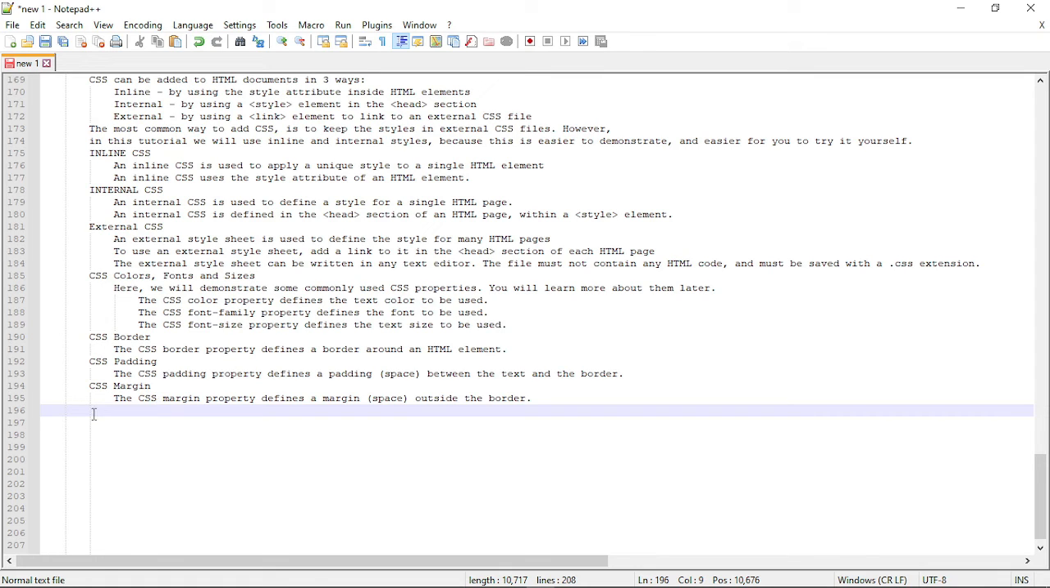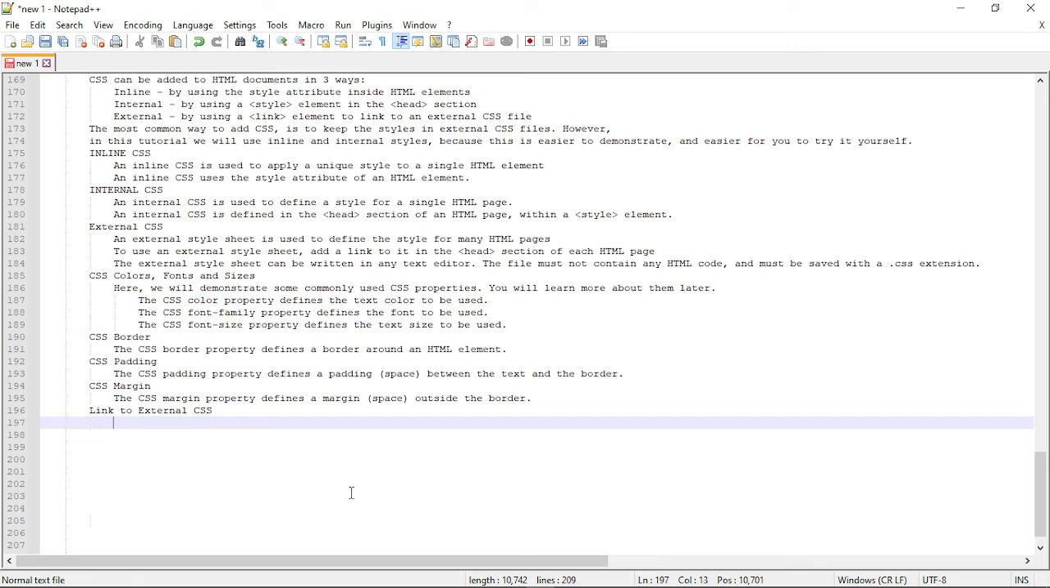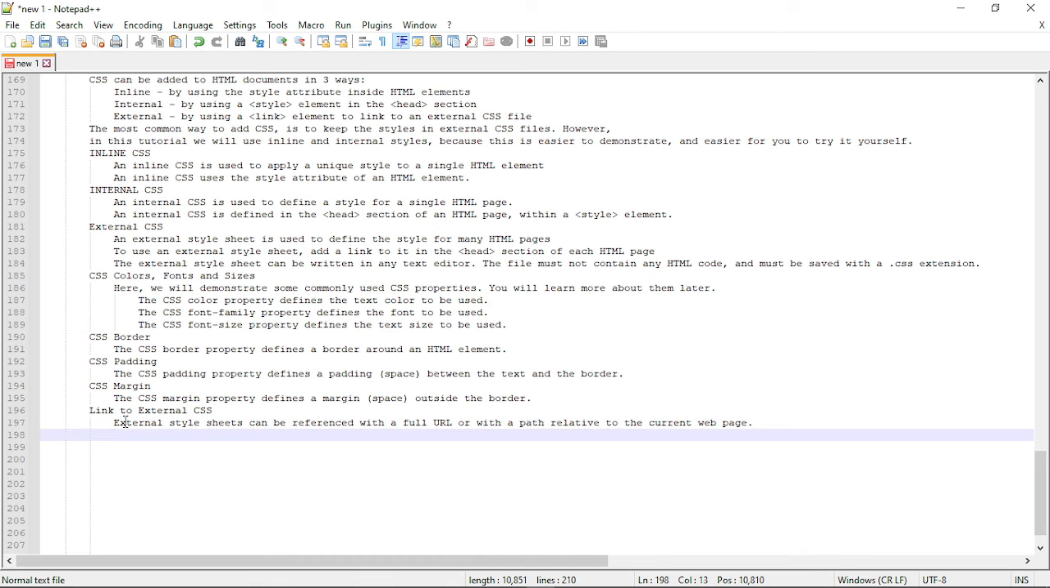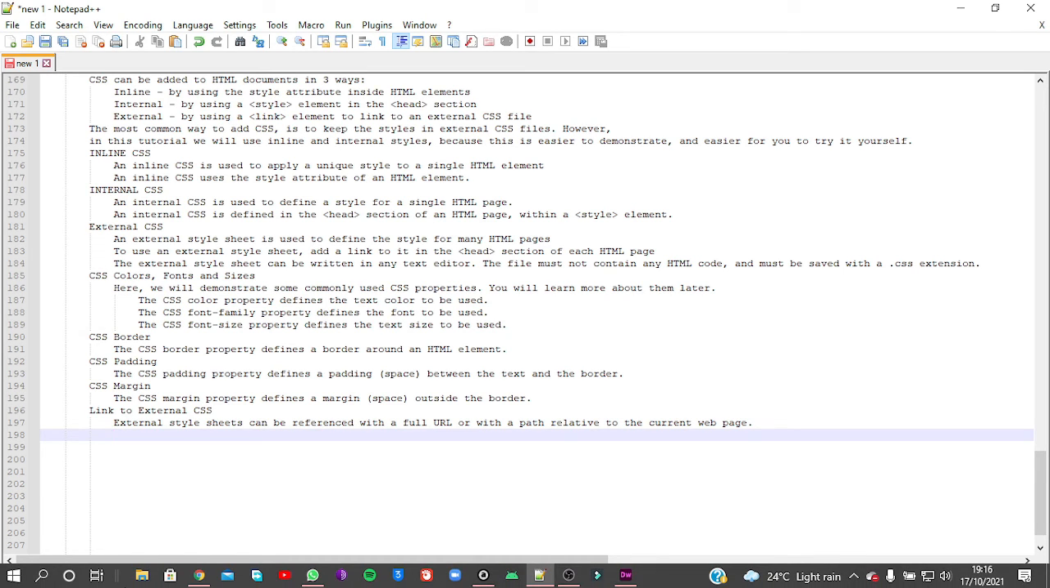Now, link to an external CSS. An external style sheet can be referred with a full URL or with a path relative to the current web page. Okay. For example,